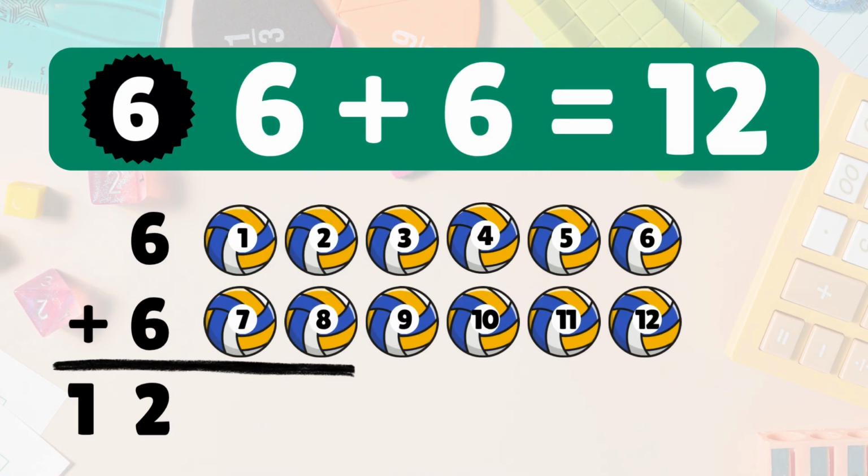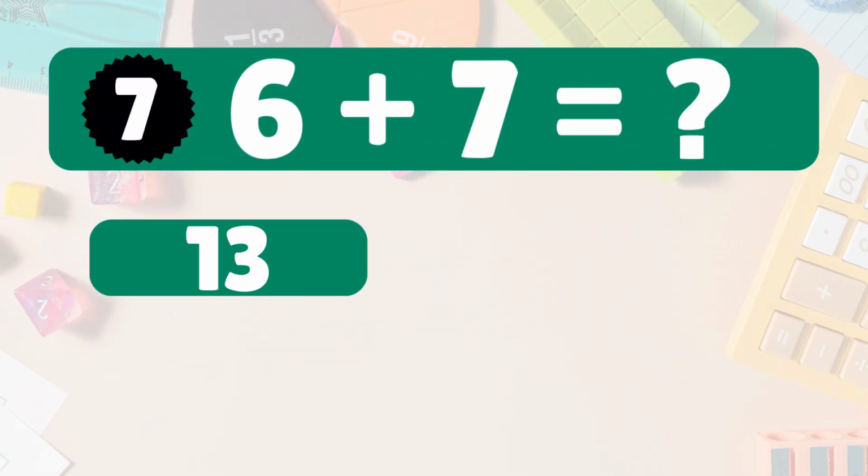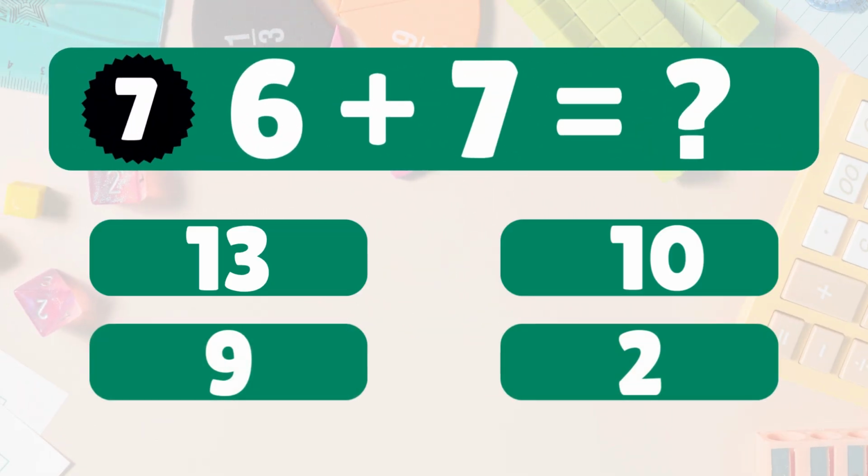Next, 6 plus 6 equals what? 6 plus 6 equals 12. Let's count. 1, 2, 3, 4, 5, 6, 7, 8, 9, 10, 11, 12. 6 plus 6 equals 12. Wow, you're a math star. Next, 6 plus 7 equals what's